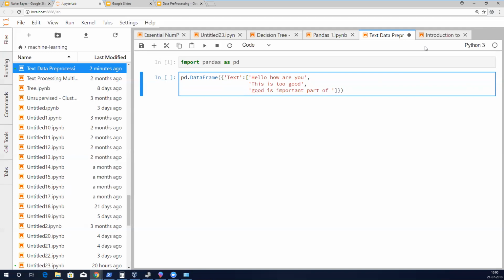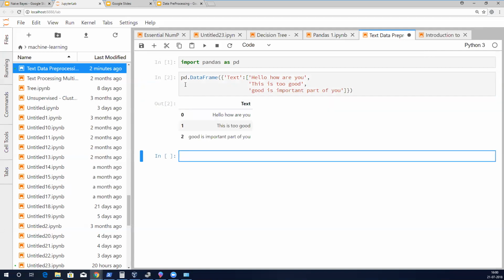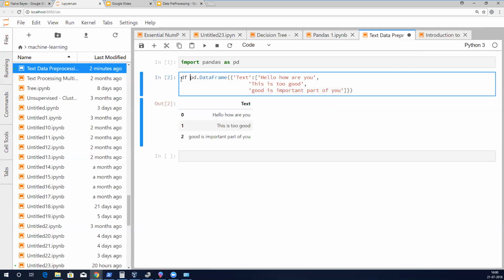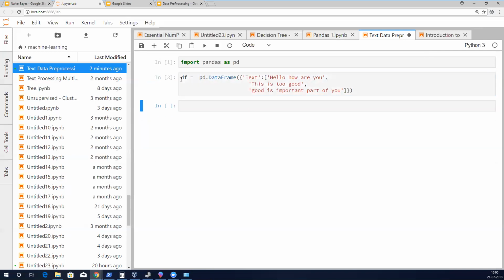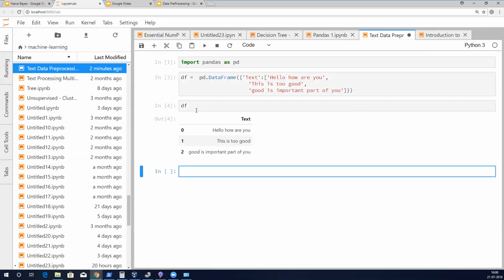So this is a data frame that got created. It's just a simple data frame that you see in a lot of such cases.